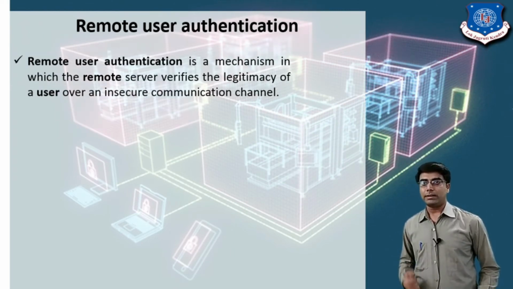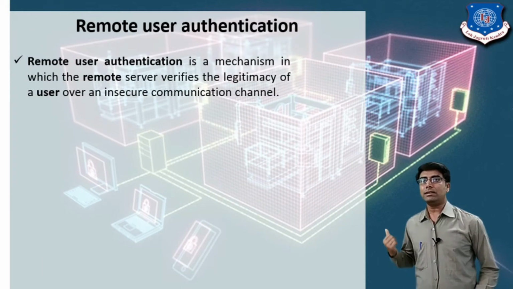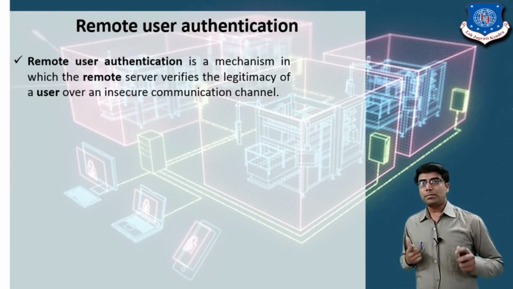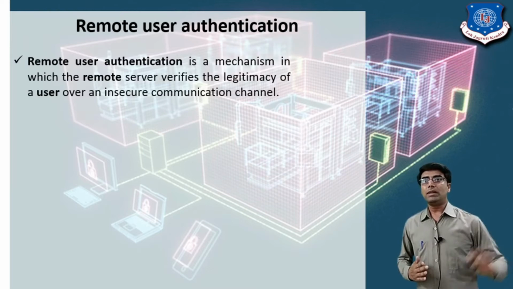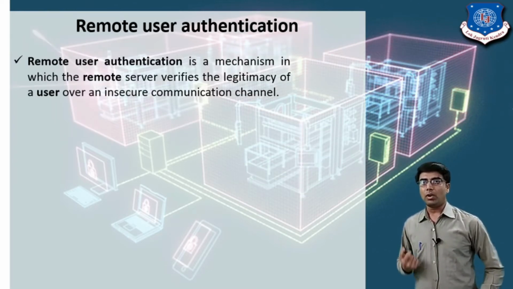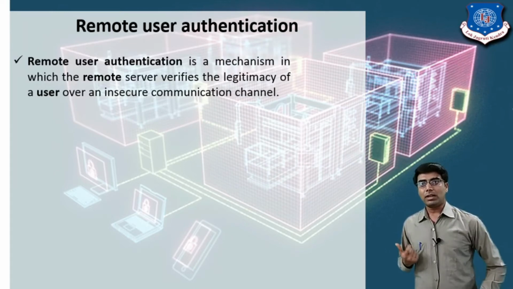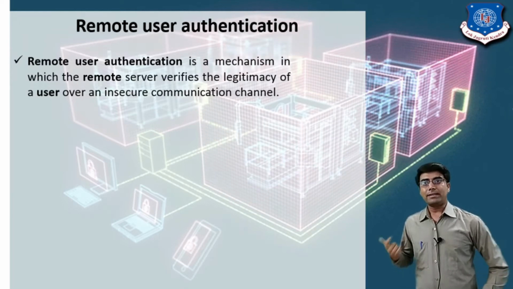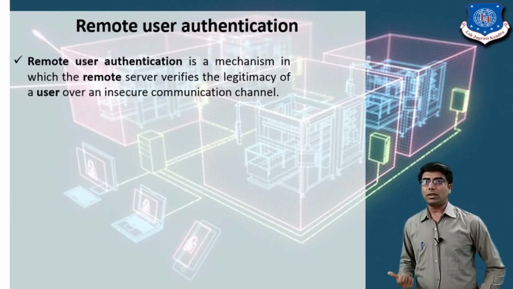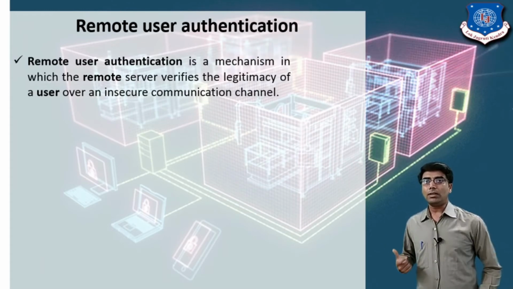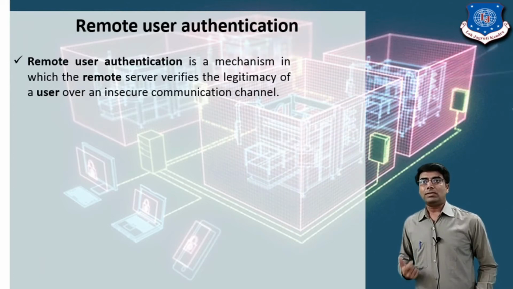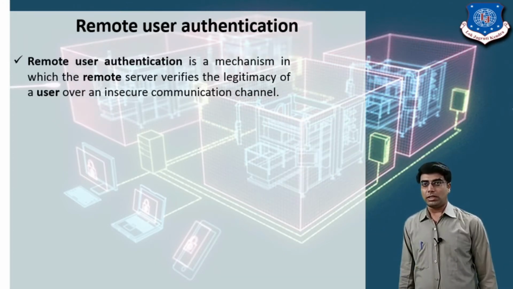We have to authenticate. It means if I want to access the Gmail account, first of all I'll input the username and the password. This password is authenticated to the Gmail server. It means whether I am the correct person or not. So it is called the remote server, and one example of remote user authentication is the password. Now all the people are using the Gmail password, and this is one example of the remote user authentication.